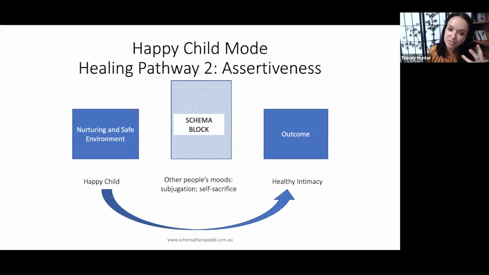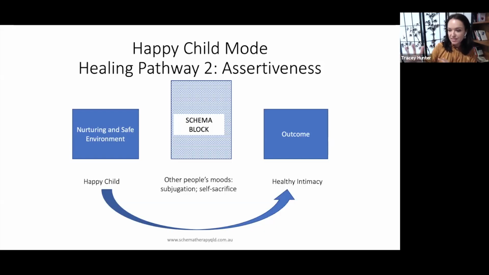So if a child gets the message that I can't be happy and joyful, it's not safe for me, because maybe that triggers other people to get really annoyed at me because I'm all happy, full of life, and a parent, say a mother or father, is not happy and full of life, then can you see how that child would try to subjugate, try to suppress all of their emotions, really, all of their natural expression, because they can see that by being naturally expressive or expressing joy or just being spontaneous in their emotional expression, that is going to trigger another parent, you know.